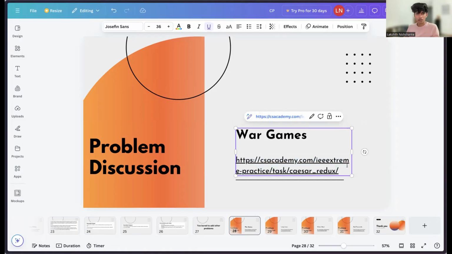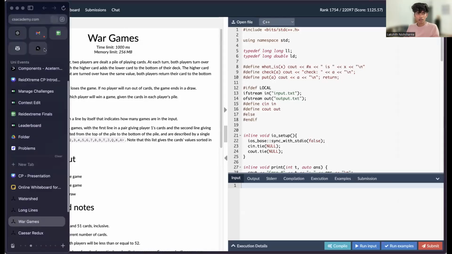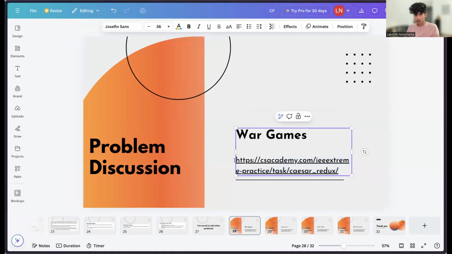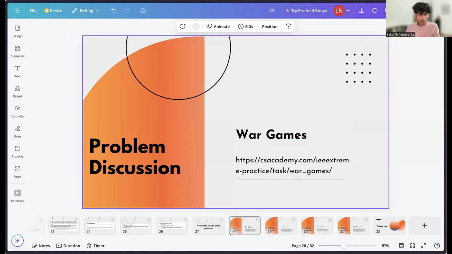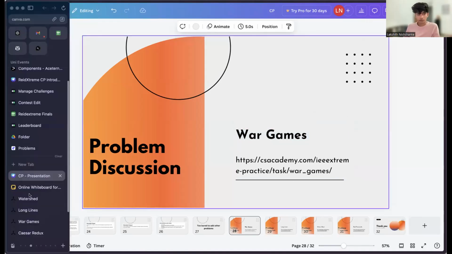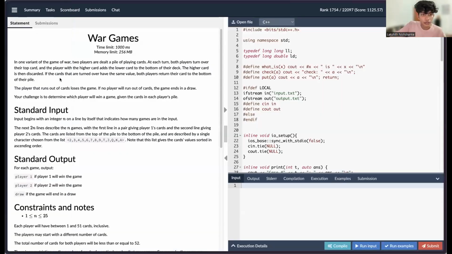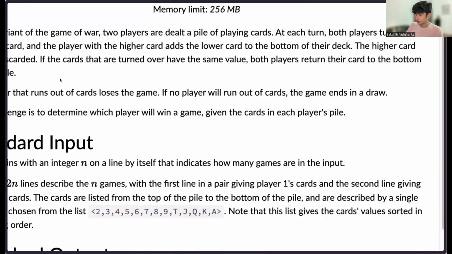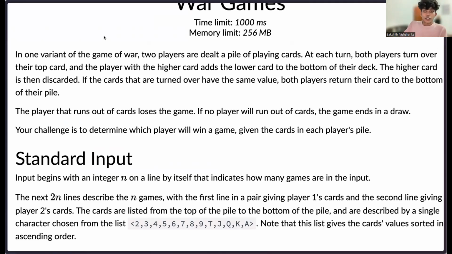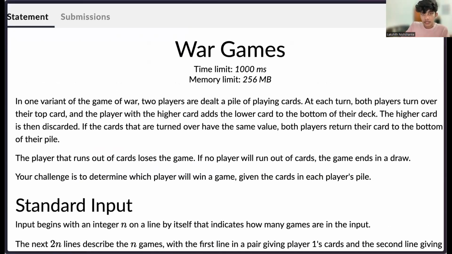Yeah, that's the link. So this problem has a 1 second time limit and 256 MB of memory limit, pretty standard.